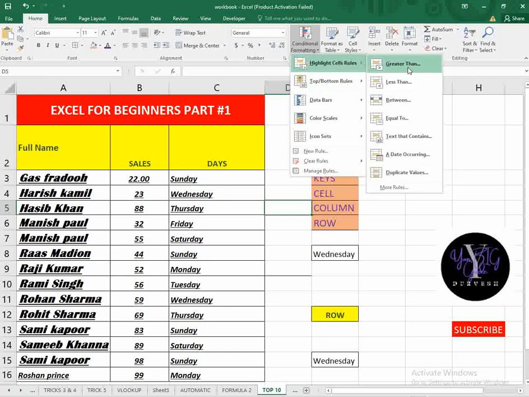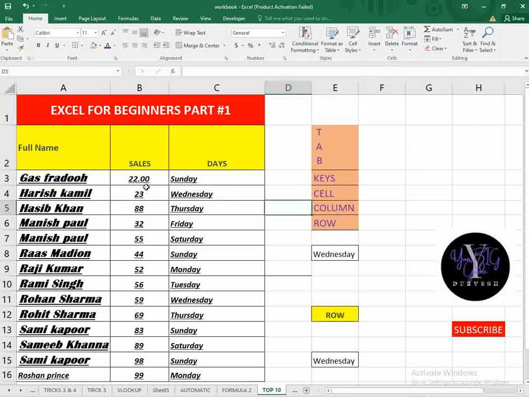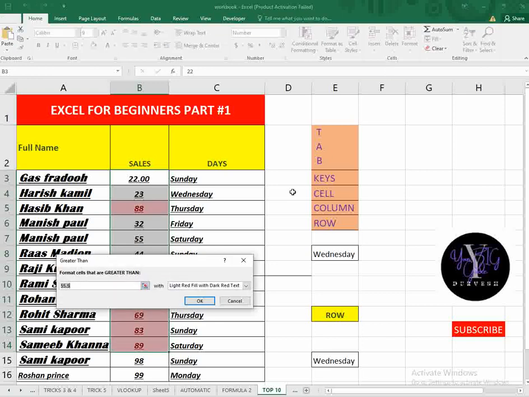For example, if you want to highlight something, let's say in this section we are taking, highlight values greater than a certain value. You can put any value here. For example, anything which is above 80 should be highlighted in any color you want. So above